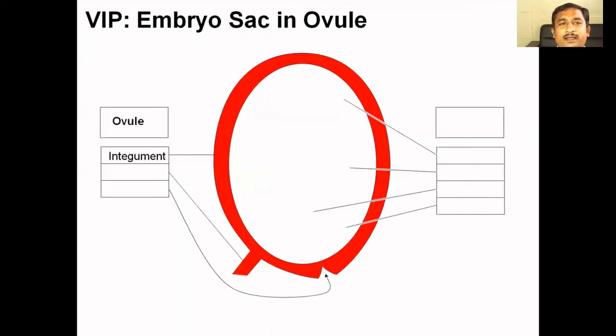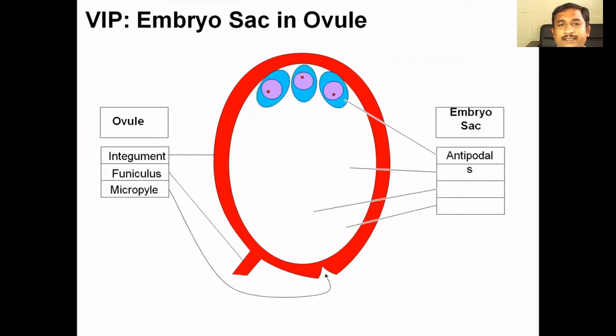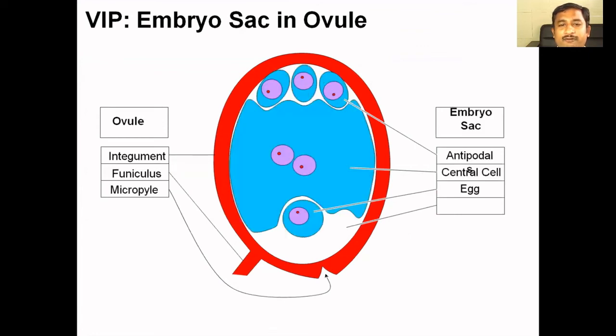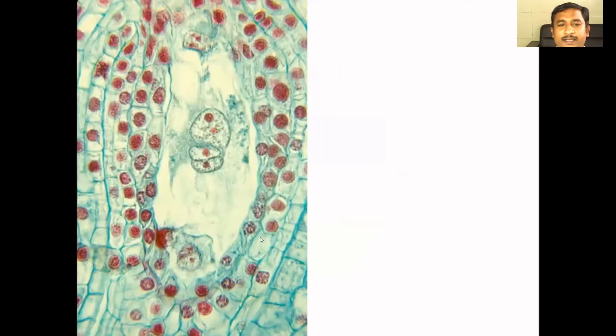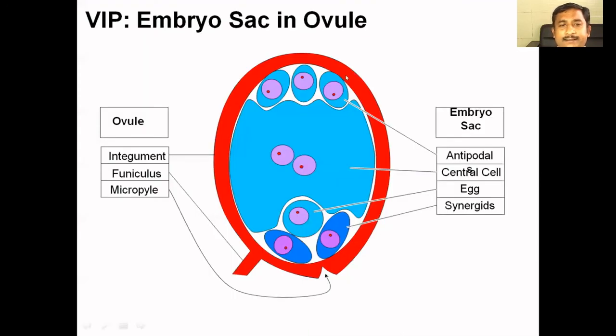And coming to the female embryo sac, this is quite a complex process. See, you look, there are 8 cells inside. Just remember there are 8 cells inside. Of these 8 cells, the 3 above are called antipodals. The polar nuclei are the central cell, there is one cell called the egg cell, and there are two synergids. See, 3 plus 2 is 5, plus 1 is 6, plus 2 is 8. This is the embryo sac.